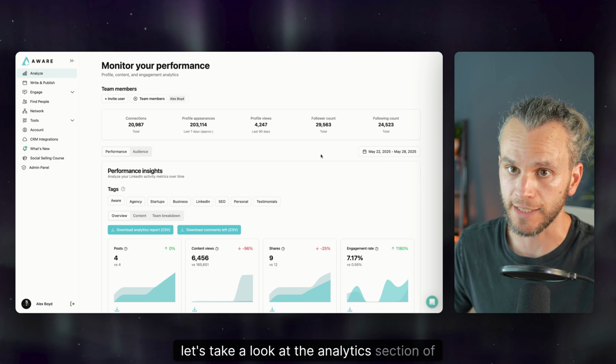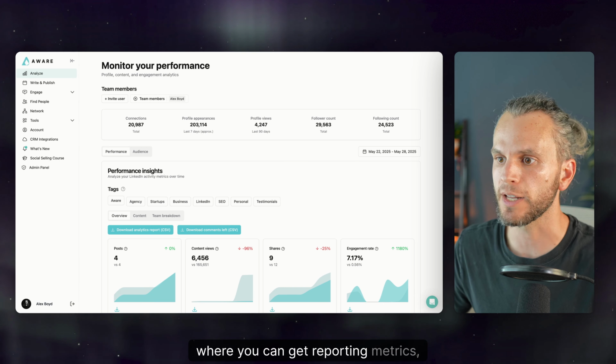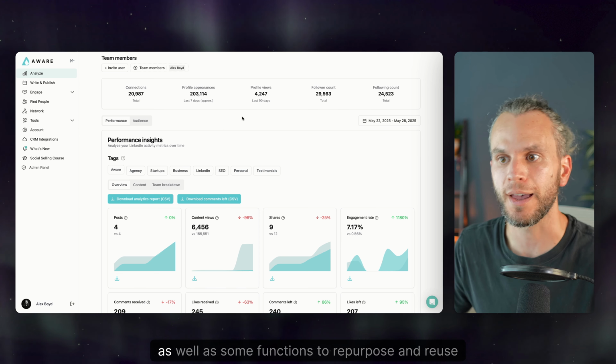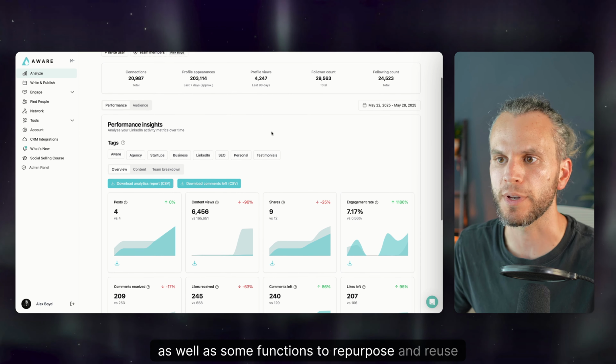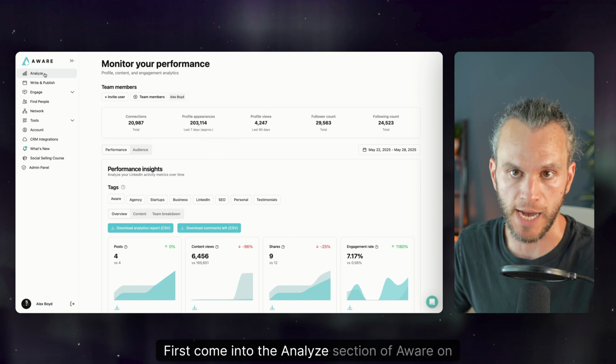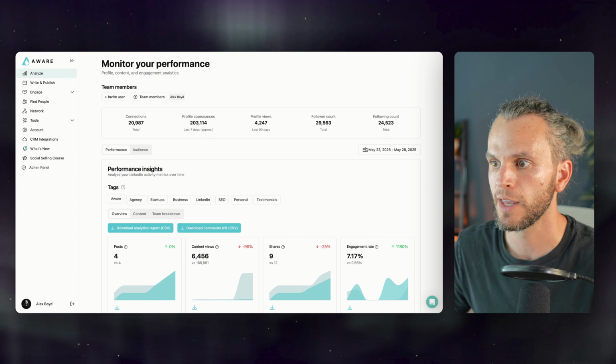Let's take a look at the analytics section of Aware, where you can get reporting, metrics, analysis of your content, and also of how your team is doing, as well as some functions to repurpose and reuse content elsewhere for posting and scheduling. First, come into the Analyze section of Aware on the left, and then you want to set